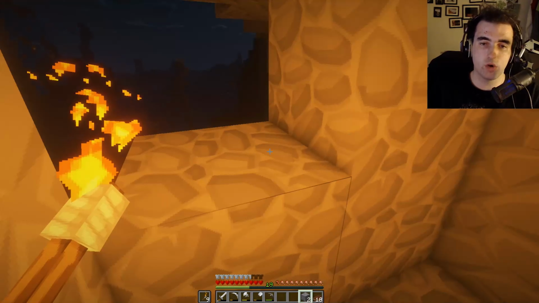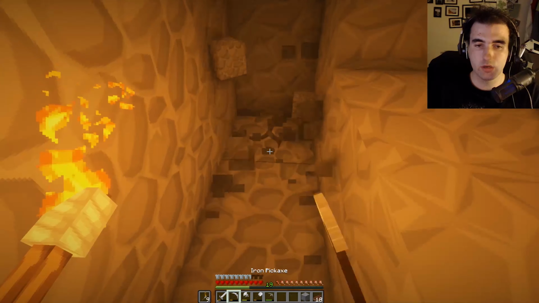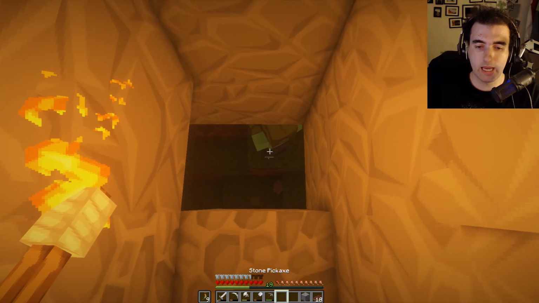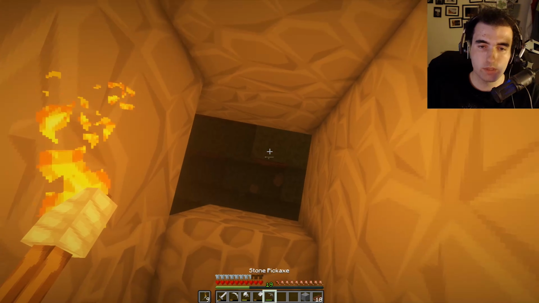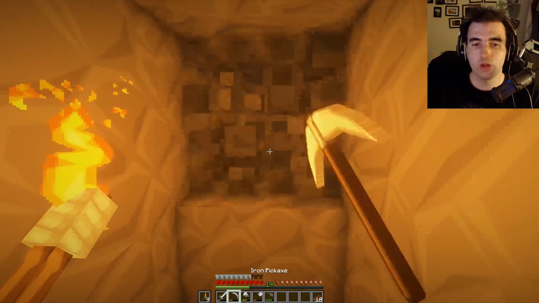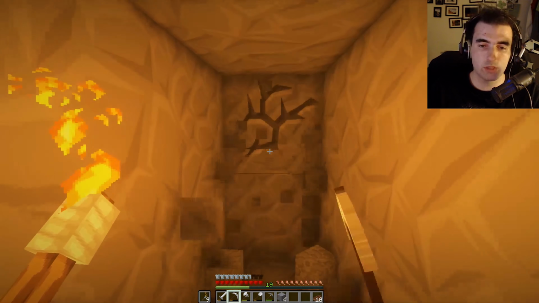Actually, what we might do is if we... This is going to be the most windiest tunnel I've ever seen. So then it's going to go a little single. Hello, zombie. Hello there. Problem is I really don't want to jump down that way. So what I think we're going to do actually is we're just going to dig this way for the time being. This is the most unoptimal